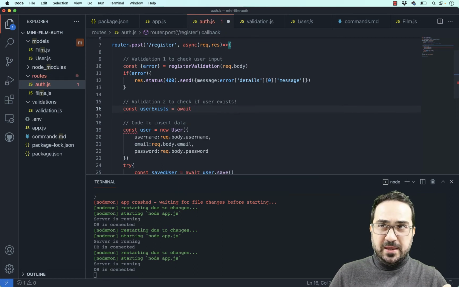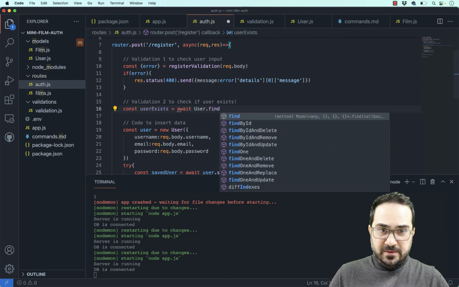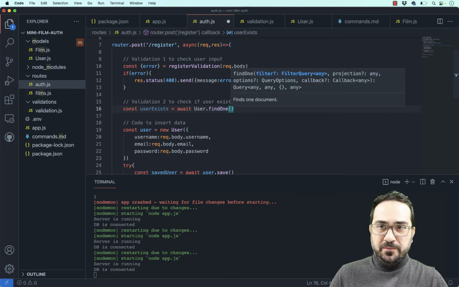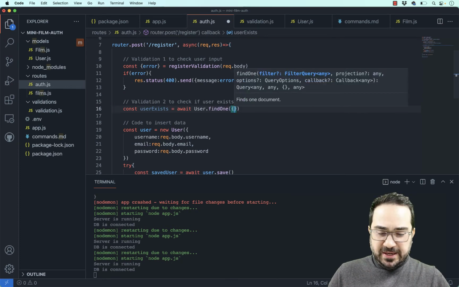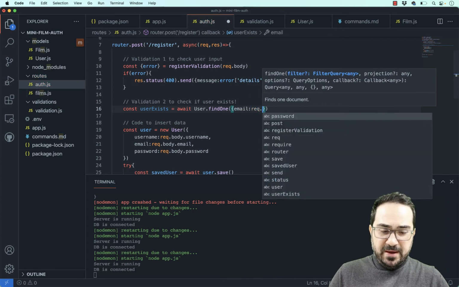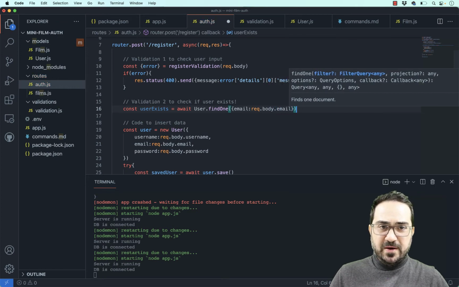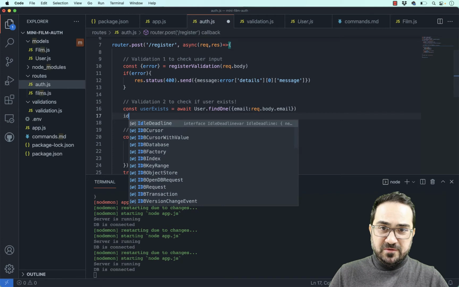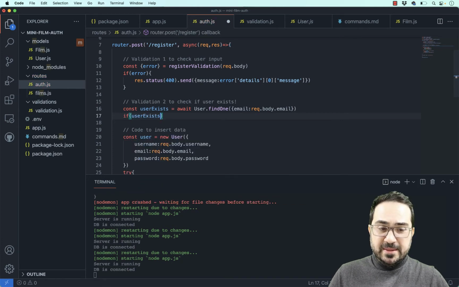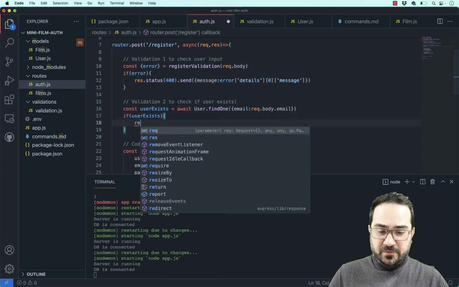I will check if the user is there. So I will say user.find(1). Probably it will be 1 only because I will control it from now on. And I will check if the email of the user in my database equals the email of the request.body.email. So if this is the same, if this user exists, indeed, in this case, I will return